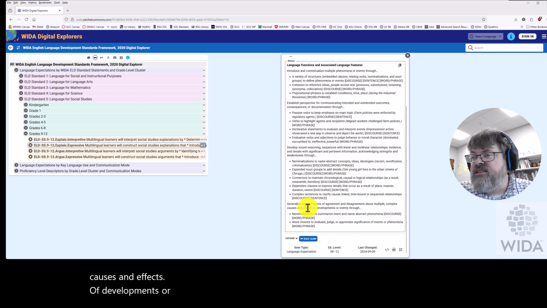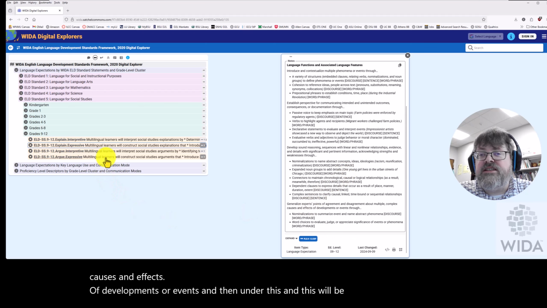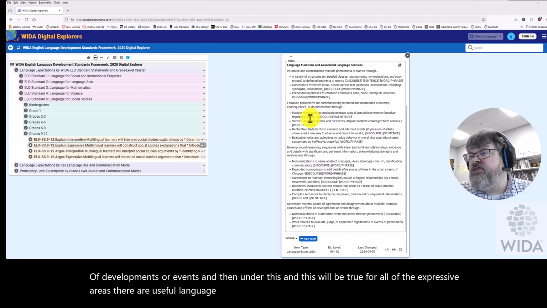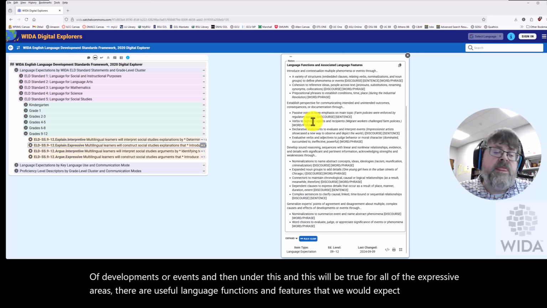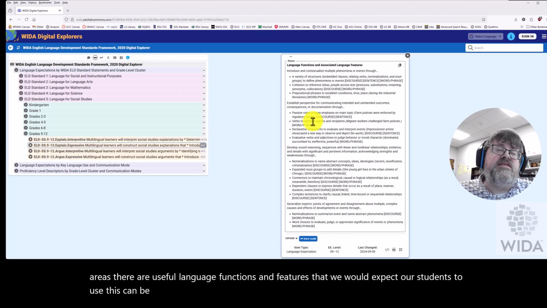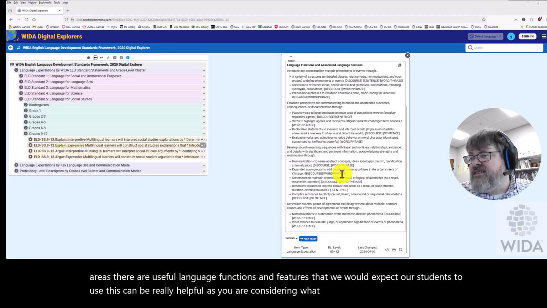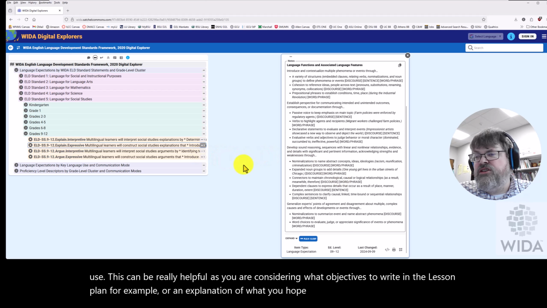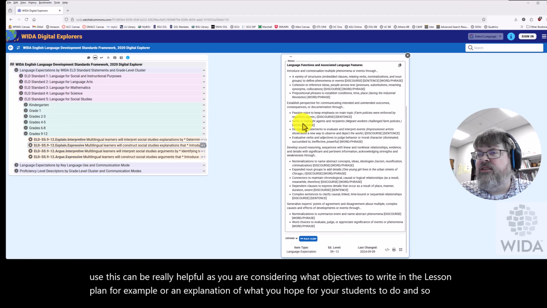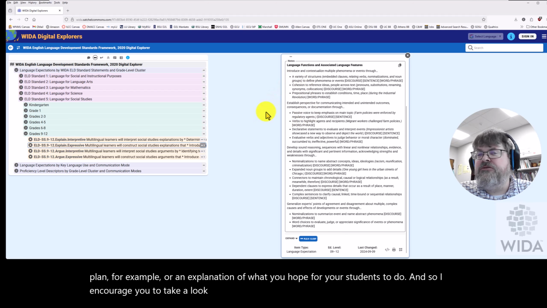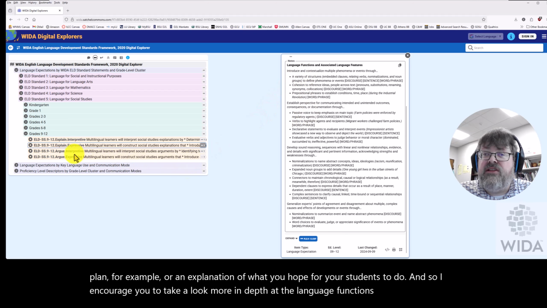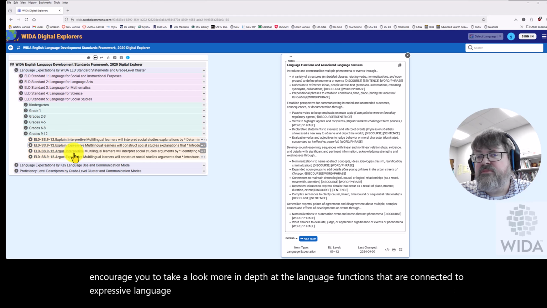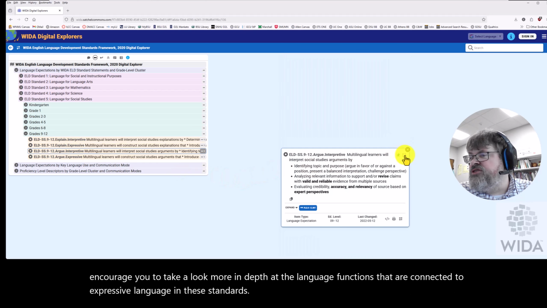And then under this, and this will be true for all of the expressive areas, there are useful language functions and features that we would expect our students to use. This can be really helpful as you are considering what objectives to write in a lesson plan, for example, or an explanation of what you hope for your students to do. And so I encourage you to take a look more in depth at the language functions that are connected to expressive language in these standards. Our next one is to